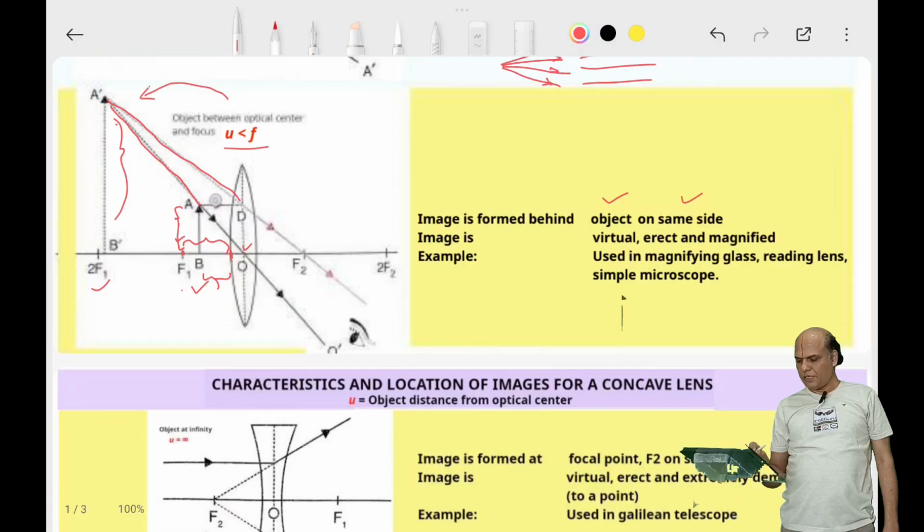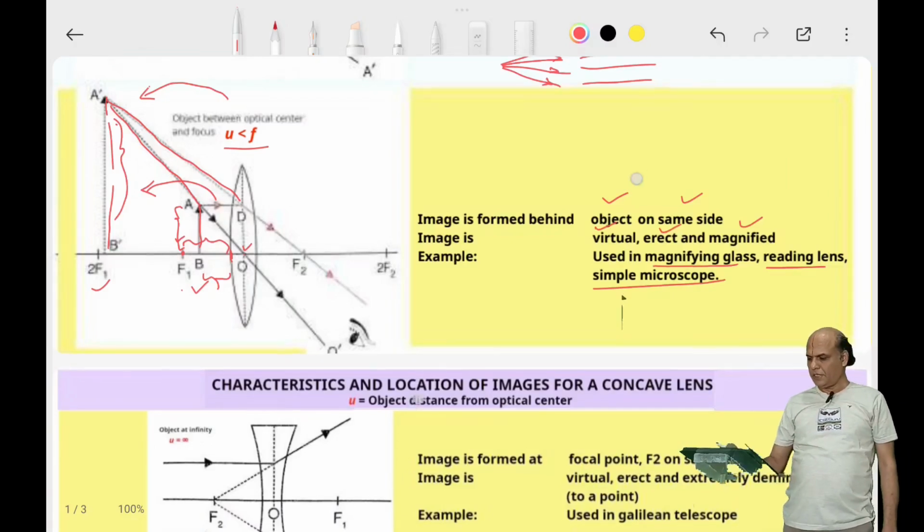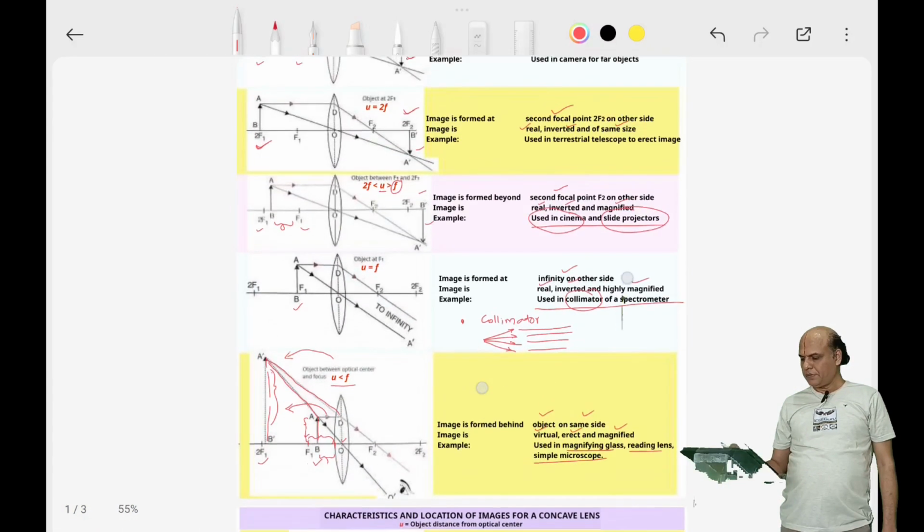The image is virtual, erect, not inverted, and magnified. The object size is small, whereas the image size is magnified. So such a lens is used in a magnifying glass, reading lens, and simple microscope. Okay, clear? So to summarize,